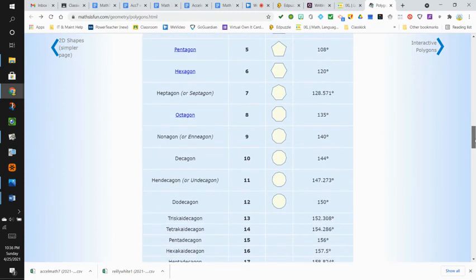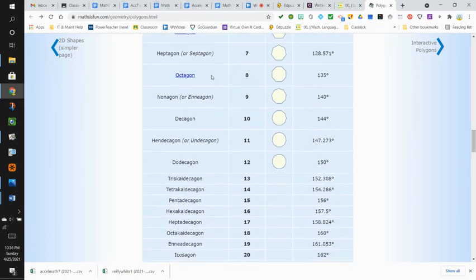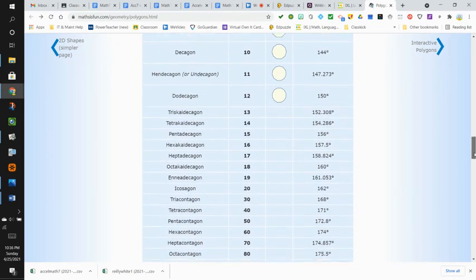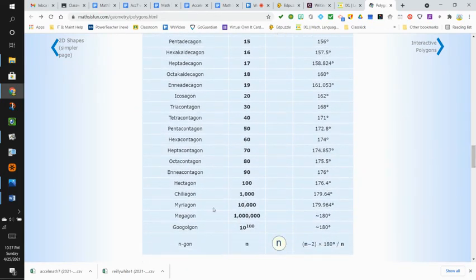But this goes on to 11, 12, up through 20, and then 30, 40, 50. So that if you were wondering, what's a 14-sided polygon called? It's a tetrachidecagon. Or a hexachidecagon has 16 sides. And an icosagon, 20 sides. Tetracontagon, triacontagon, heptacontagon. And then you can go even more to 1,000 sides, the chilagon, never knew that one,